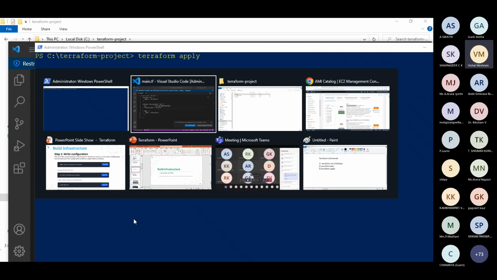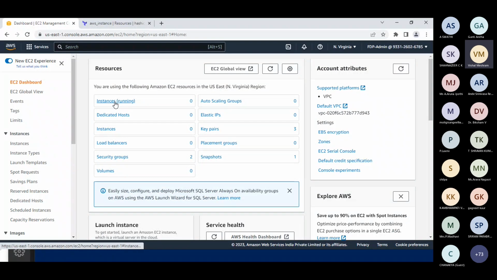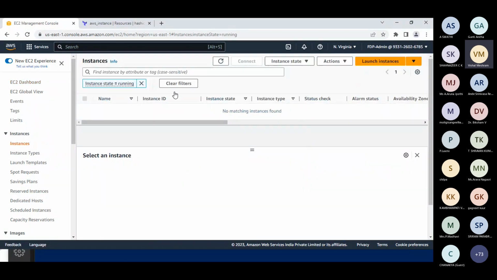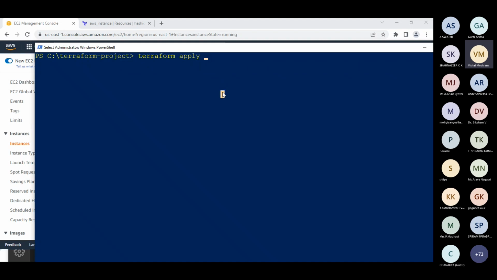So before that, let me show you in my AWS account that there are no instances running right now. If you see here in my AWS account, there are no instances running. And I am going to create one new instance through Terraform. So let me issue this command, terraform apply, and then it will again show the same output of the